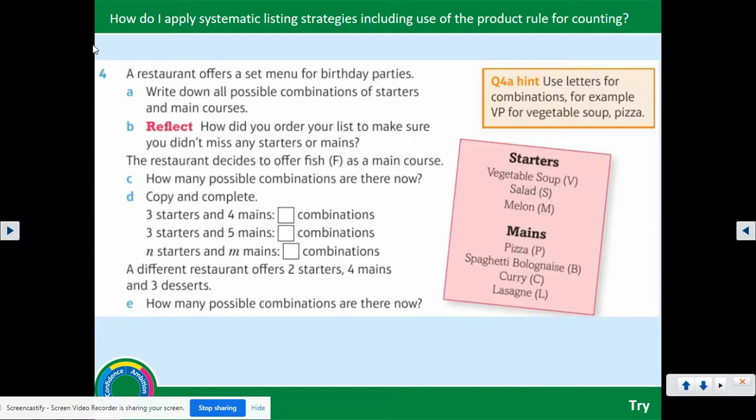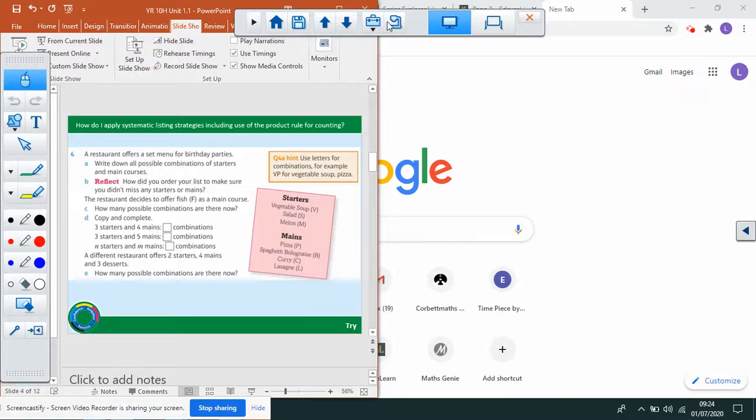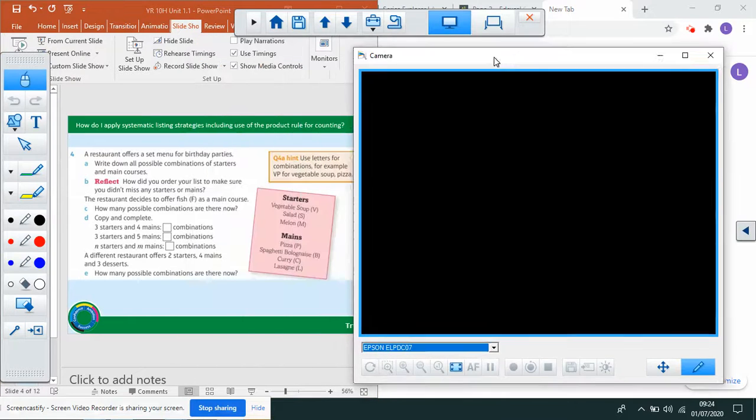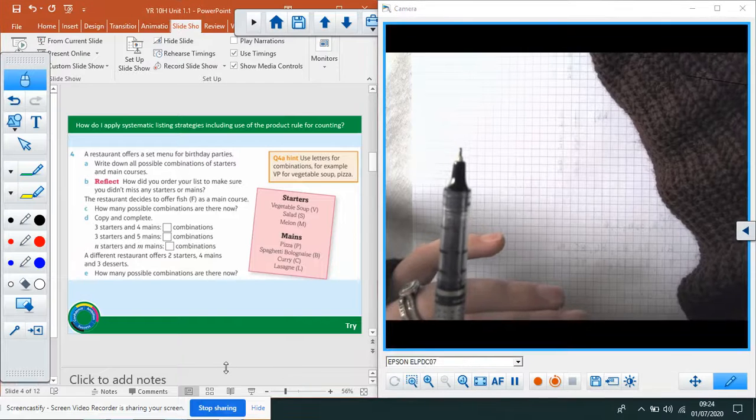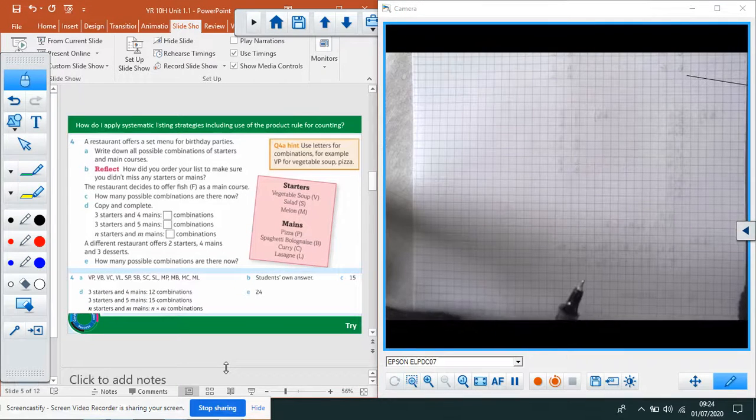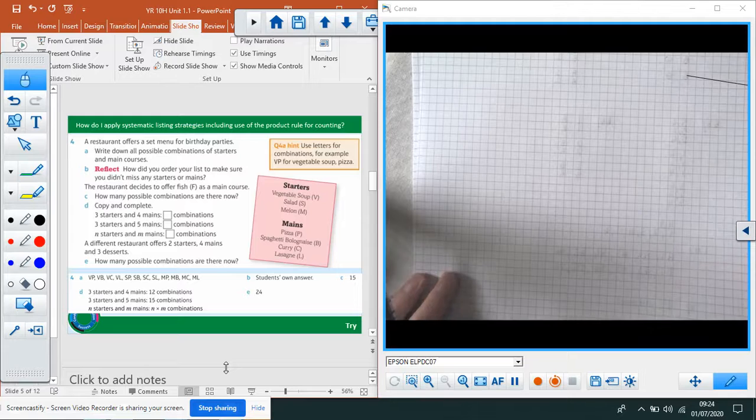Okay, have a go at question 4 then, please. So pause the video and play when you're ready to go through the solution. It's very similar to what we've just been doing. Okay, let's go through the solution then. I'm going to put the answers on the screen as well, and then I'm going to go through them with you. So, 4 says,